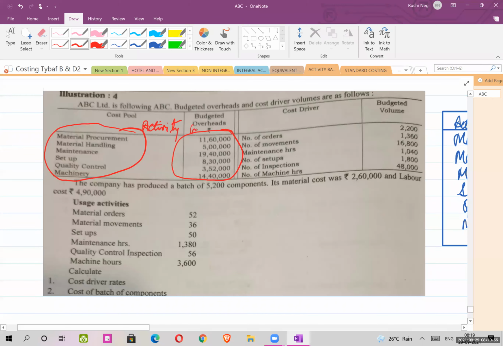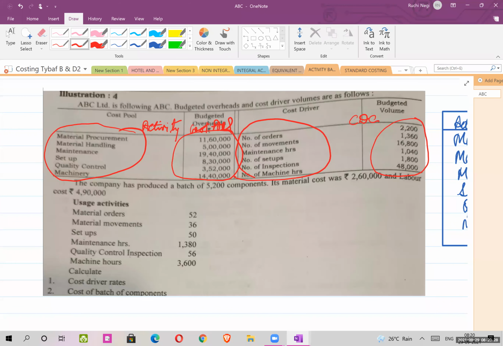Okay, और ये है तुम्हारा cost pool. Obviously, sum में सबसे पहले आपको यही identify करना है, right? Next, okay, cost drivers are given to you. So these are the cost drivers, the basis on which your cost pool will be divided or your activity will be apportioned. Then this is your cost driver capacity. When your cost driver is given in terms of quantity, it is your cost driver capacity.